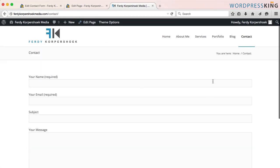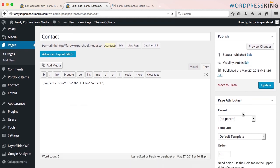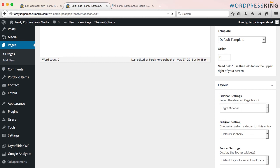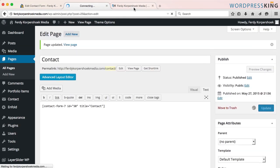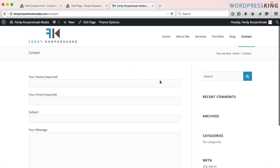For now, for this page, I want a sidebar. So, in order to do that, I go to Edit Page. I scroll down, and here at the right, I say Sidebar Settings. Default there is no sidebar, but in this case, I want to say I want a right sidebar, and I want to choose a sidebar, but the one I want is not there. So I save the page,